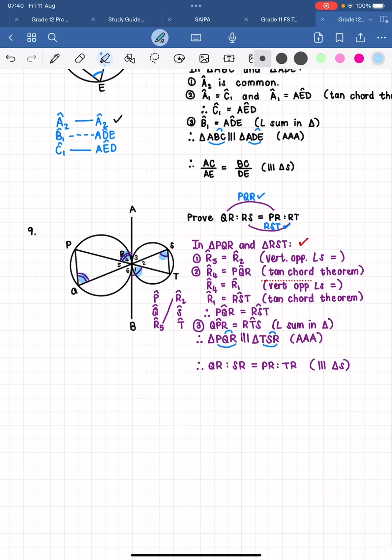All right, and then our last pair of angles, angle sum in triangle. Okay, you don't even need to look for a way to prove that those angles are equal. QPR equal to STR or RTS, angle sum in triangle, and then you're going to write your